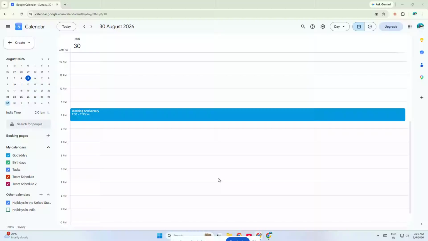If you want to make an important event stand out in Google Calendar, you're in the right place. In this quick tutorial, I'm going to show you how to highlight events in Google Calendar so they're easier to notice at a glance, whether you're organizing meetings, deadlines, birthdays, or personal reminders. This is a simple trick, but it can make your calendar a lot more visual and a lot easier to